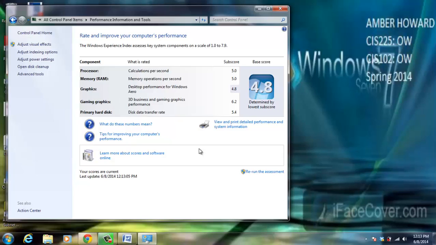Alright, so just a couple of things. You can see this is now finished, and if you noticed before, I actually started out with a 4.5 rating, which you can see here. When it goes through and scores all of these things, the lowest score is what determines what you get as your base score, which was 4.8. And in this case, after I ran the last assessment, which gave me a 4.5,